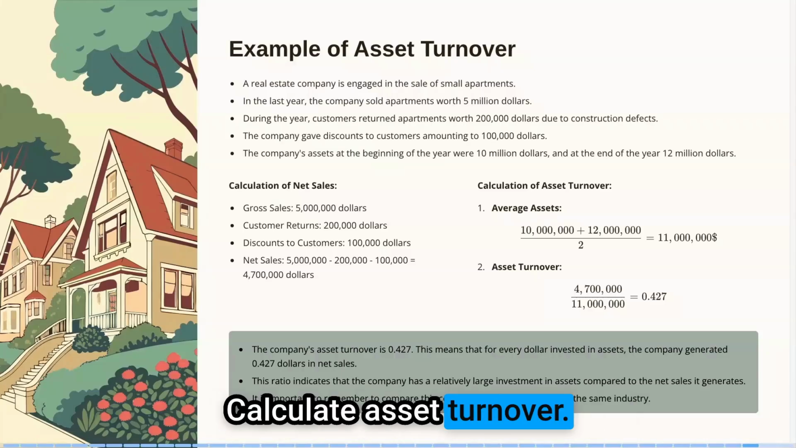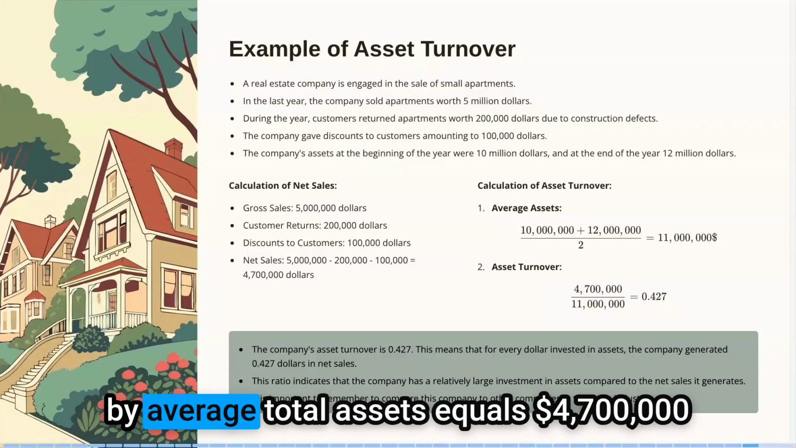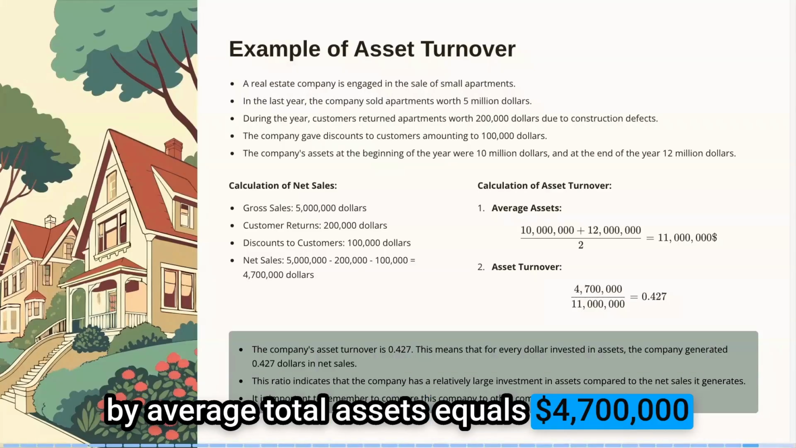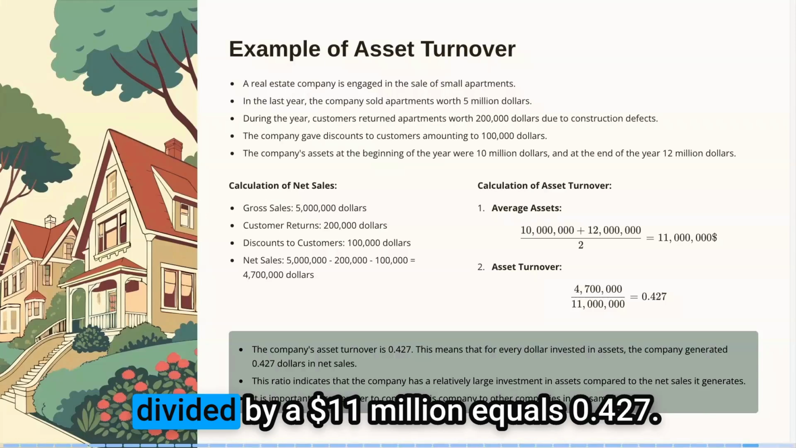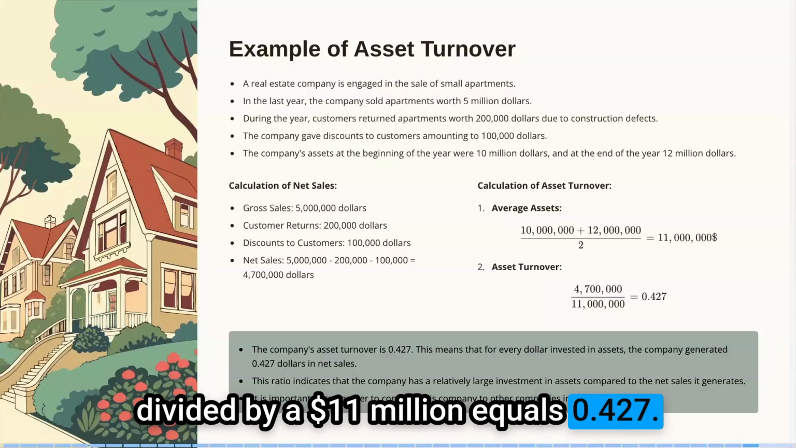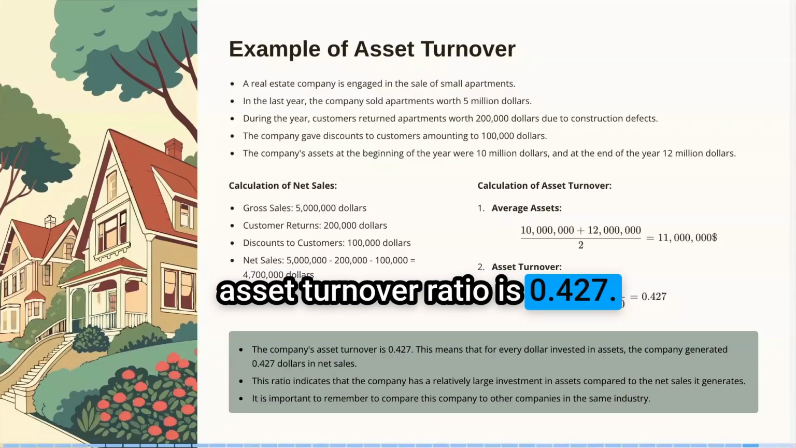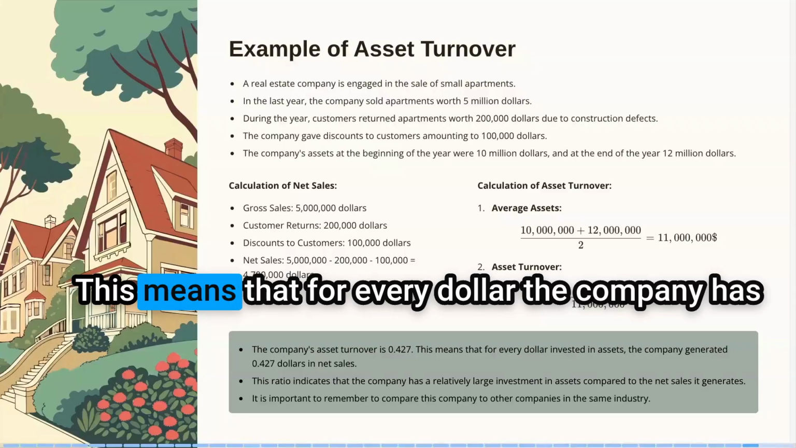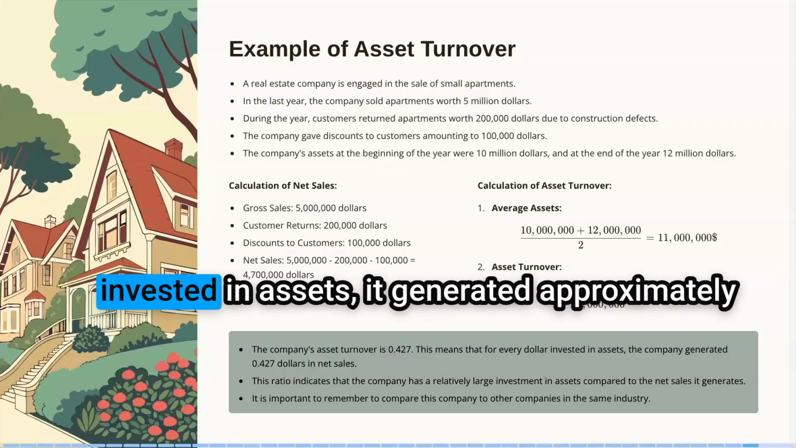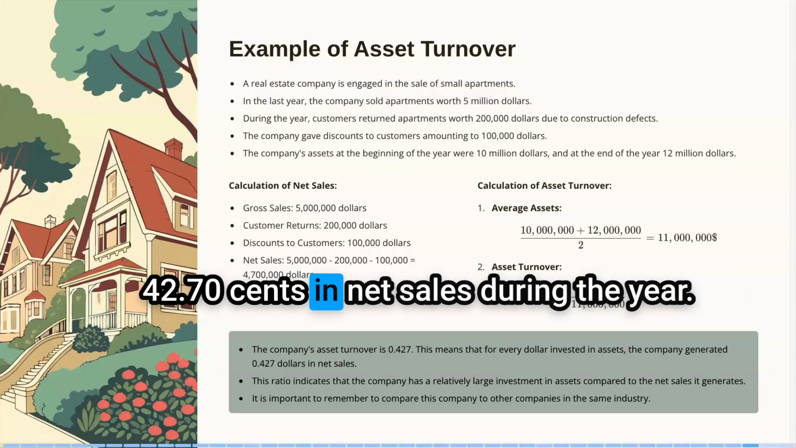Calculate asset turnover. Asset turnover equals net sales divided by average total assets, which equals $4,700,000 divided by $11 million, which equals 0.427. Interpretation: the company's asset turnover ratio is 0.427. This means that for every dollar the company has invested in assets, it generated approximately 42.7 cents in net sales